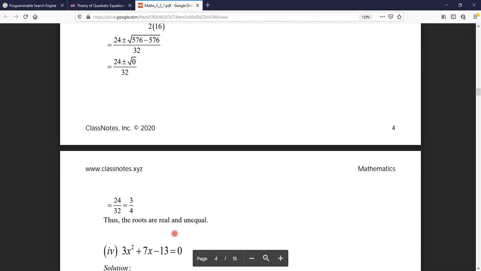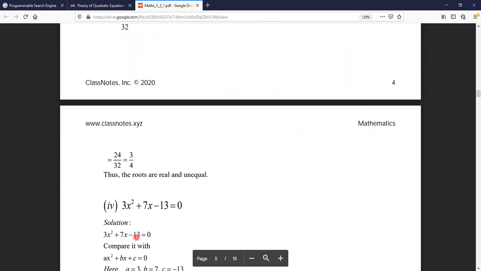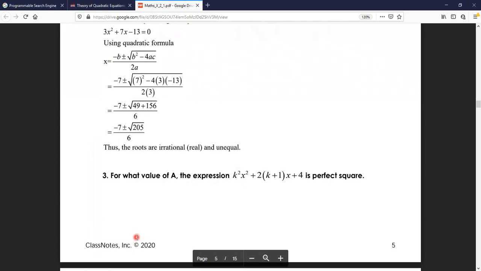and unequal. Unequal, like we are just having one root, we are not having any other root in the comparison. That's why we are saying unequal and real. 3 over 4 obviously belongs to real numbers. Next part, you will practice it by yourself. Fourth part, and if you feel any difficulty or any problem, you can share.